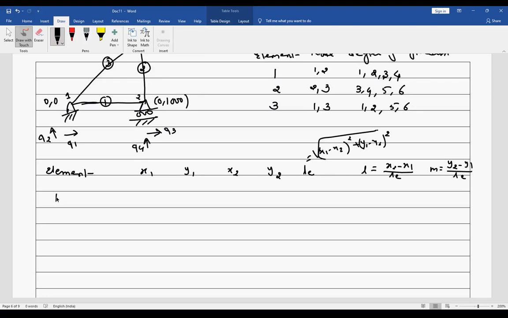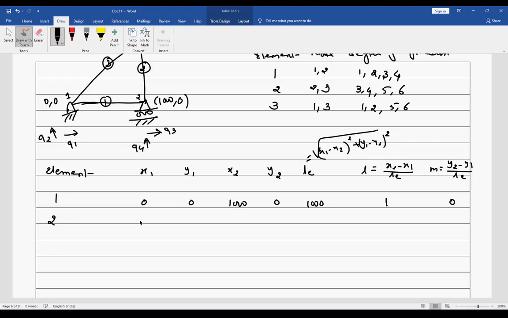So let's do it for element 1. I have x1 0, y1 0, x2 1000, y2 0, length of the element 1000. You can calculate the formula, and my cos will be (x2 minus x1) divided by L. Sorry, that will be 1, not 0. Angle is 0, so it is 1, it is 0.